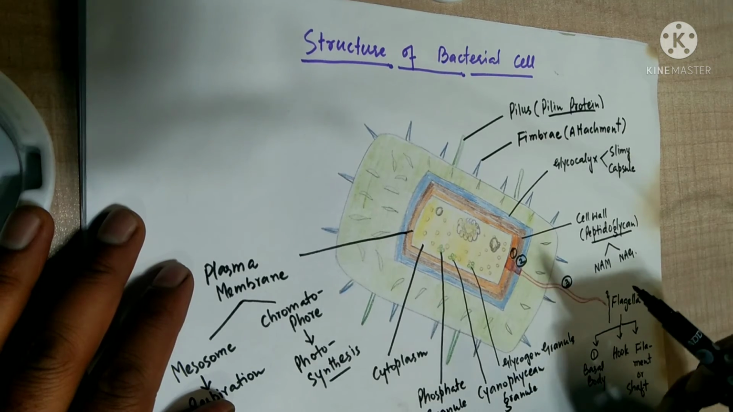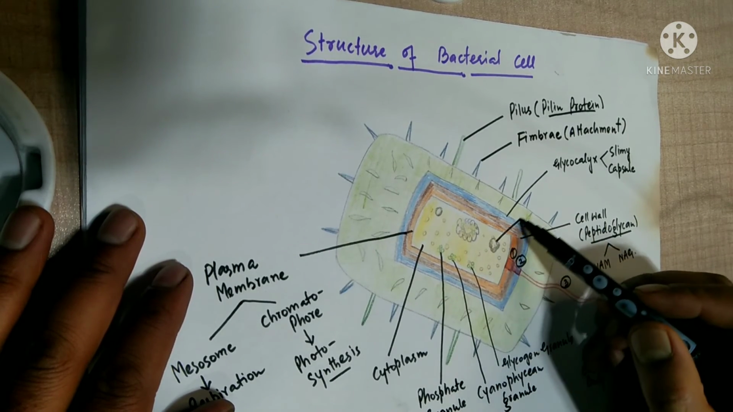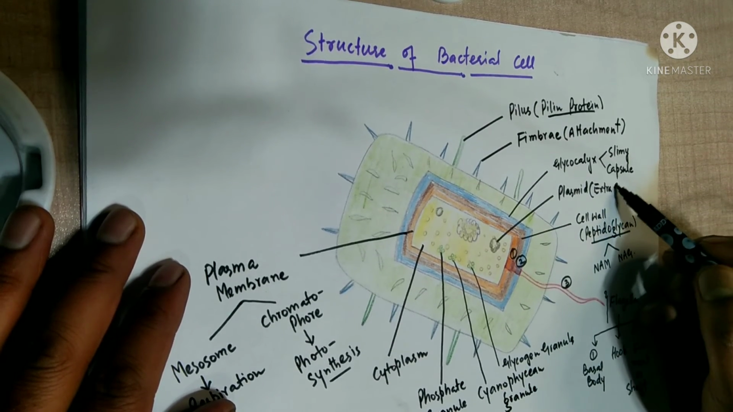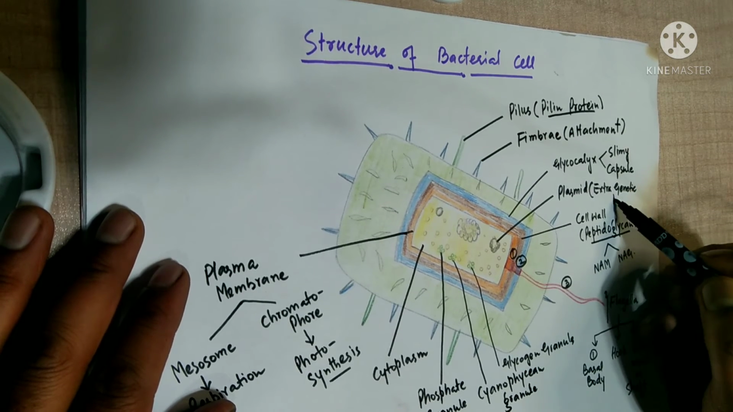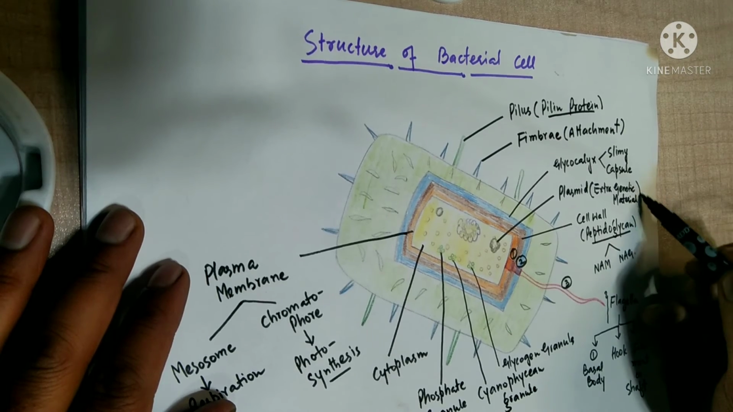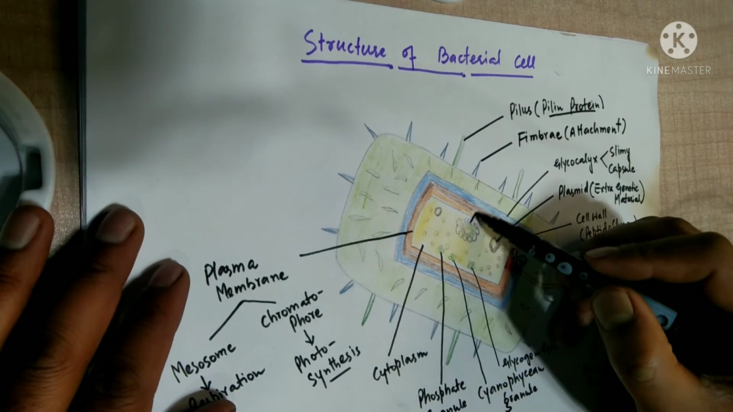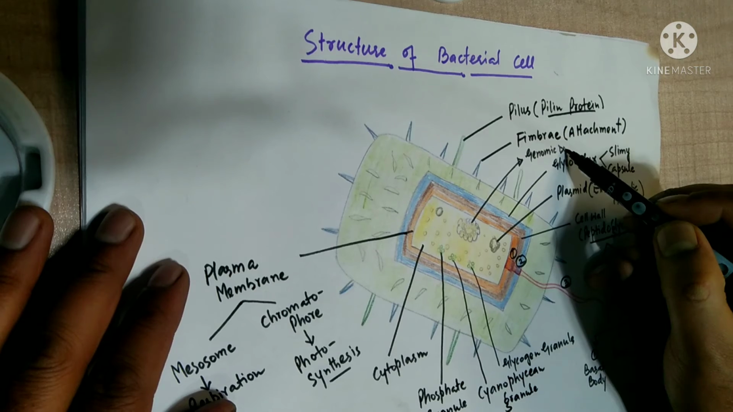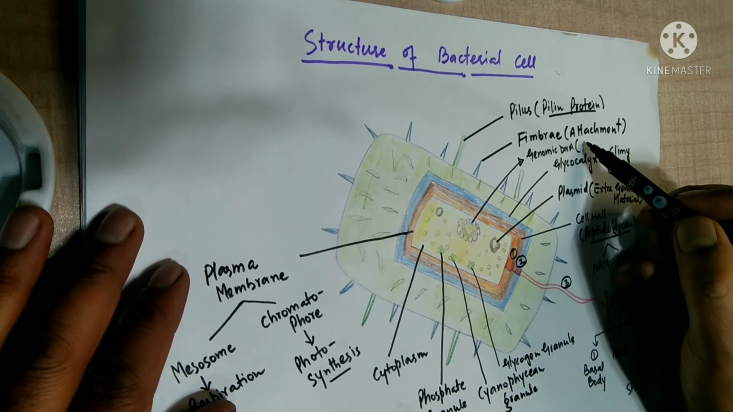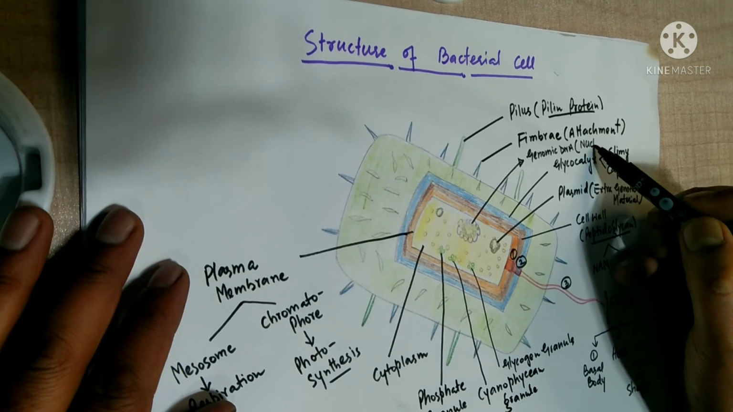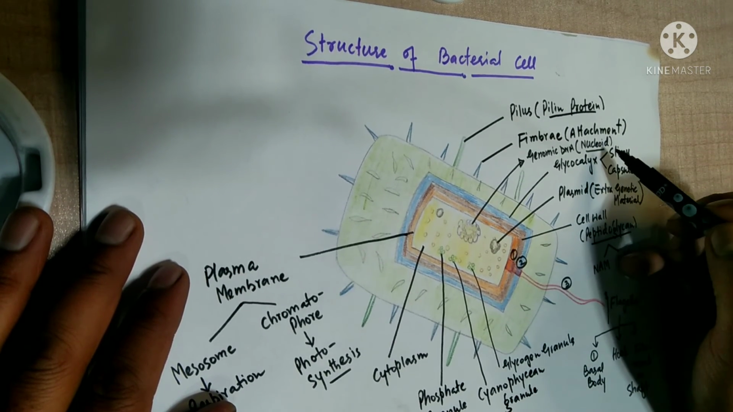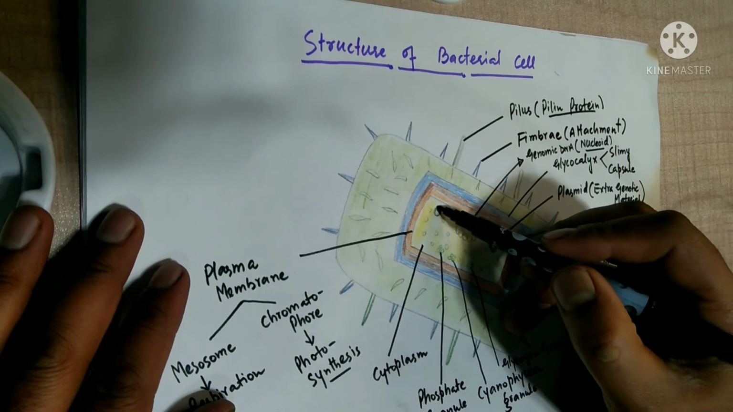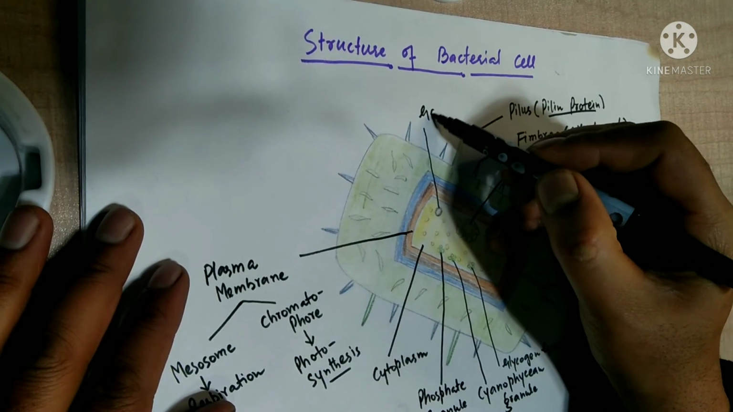Then there are certain other structures like this. This is called plasmid, extra genetic material, and then this is the actual genomic DNA. I have told earlier that the nucleus of the bacteria is called a nucleoid because it is not covered by the nuclear envelope. Then this structure here is called gas vacuole